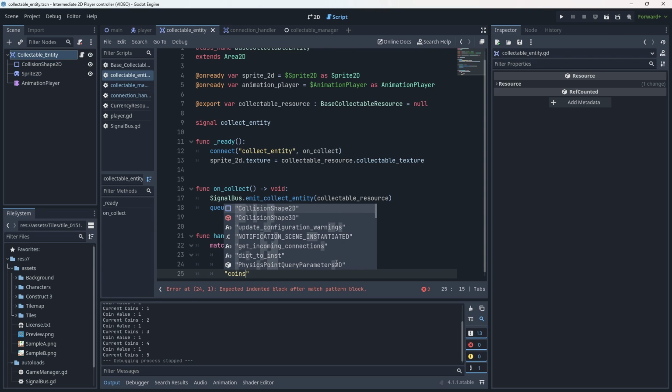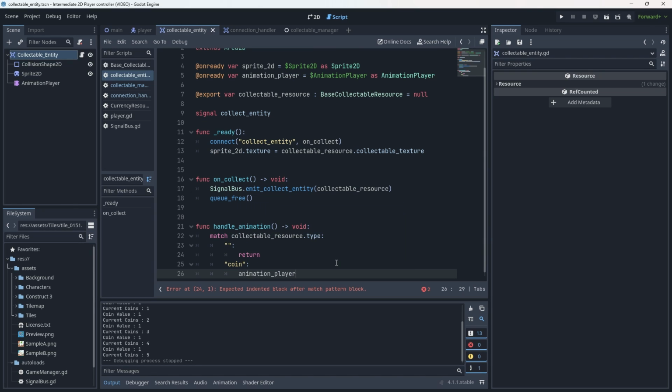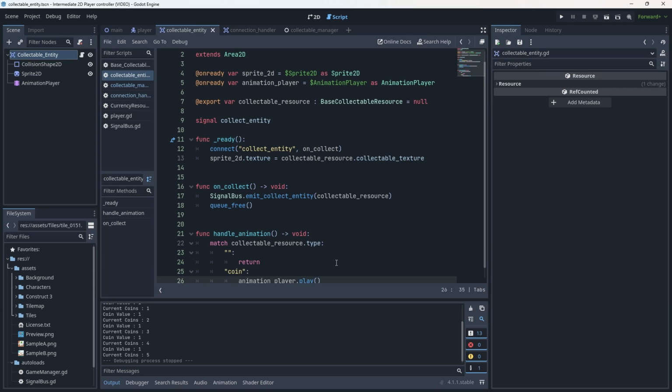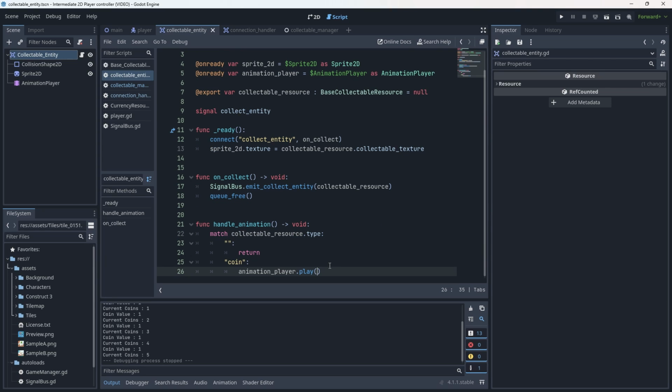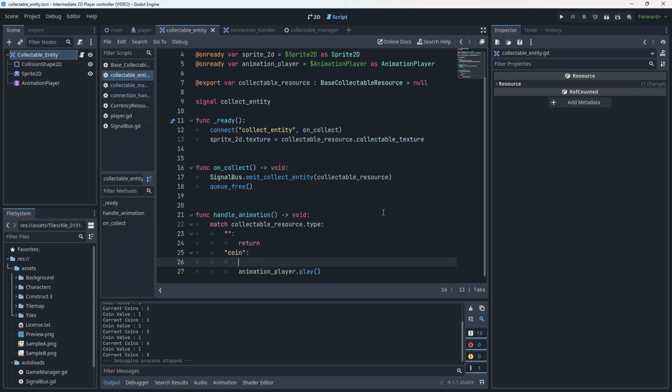However, if it does have the type of coin, we want our animation player to play our animation. Now, what if you want to add multiple coins, right? Your animations might have issues. There are a few ways of checking this. I'm personally going to just check for the value of the coins. I like storing my values as a set thing. So in this case, I will have a coin value of 1, 10, 15, 20, 50, and 100, right? So all I have to do is go if collectible resource dot value is equal to 1,